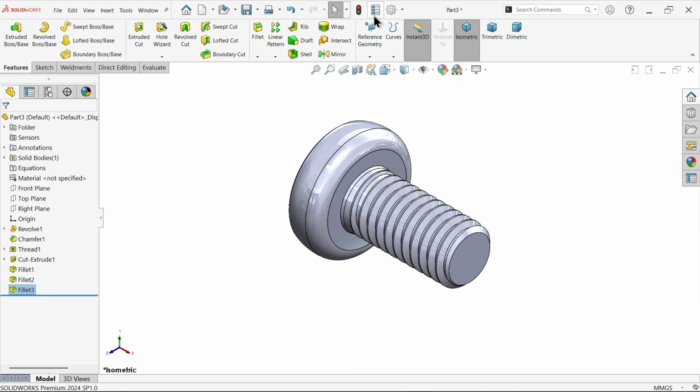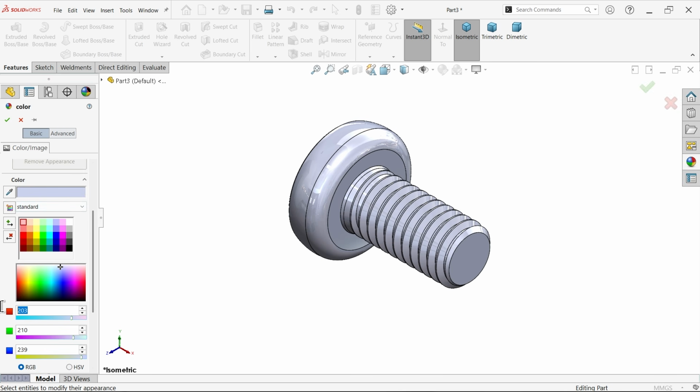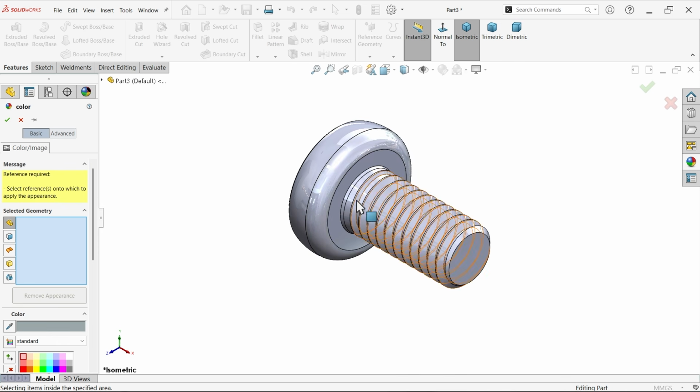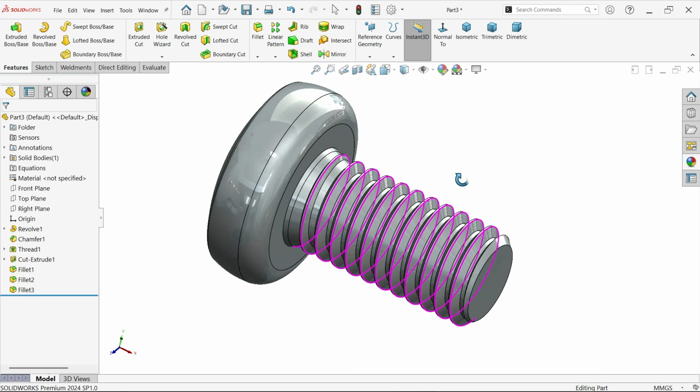Now see, let me apply some color so we will get the idea. See,